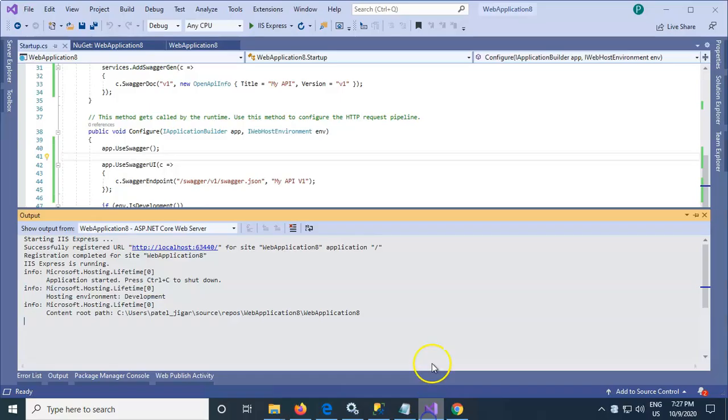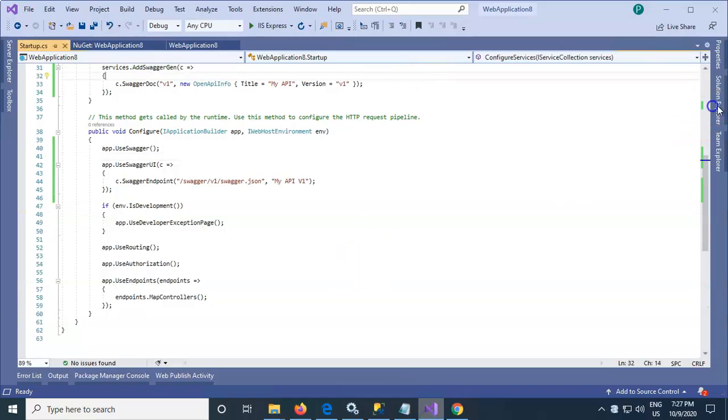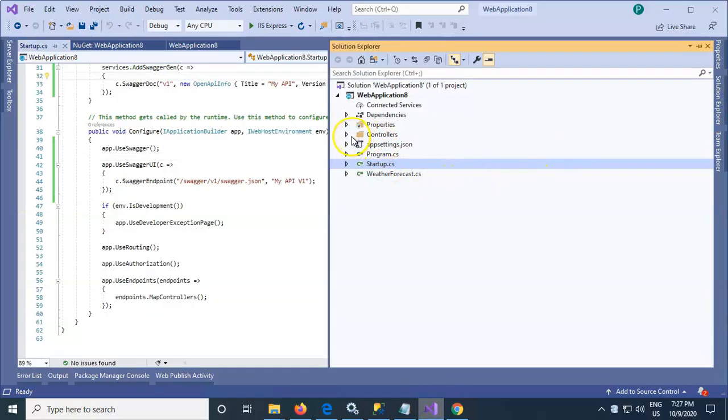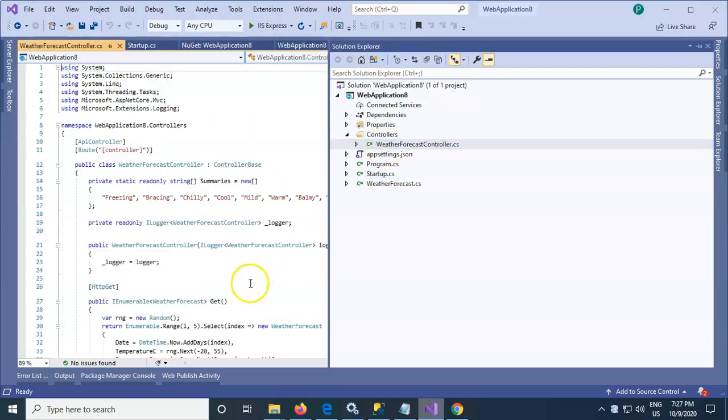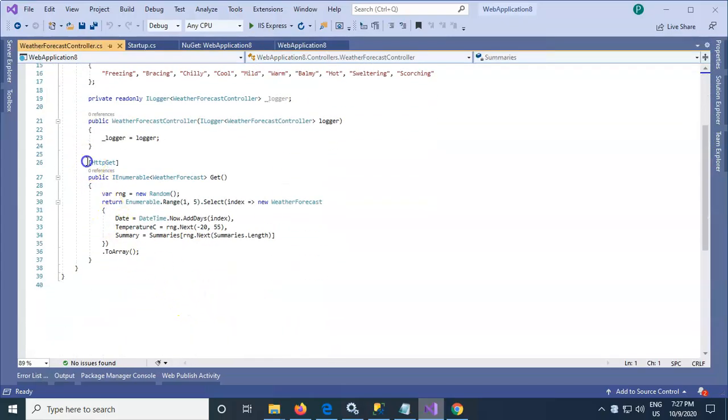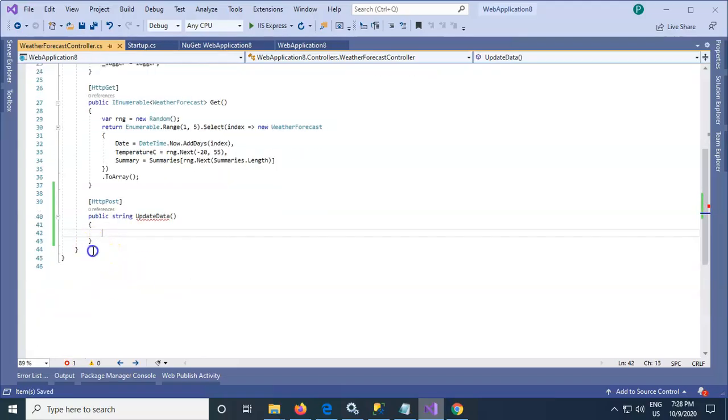So if we have a post method, like let's create a post method in this weather forecast controller, I can show you how to test this using Swagger. I am just creating a dummy method here.